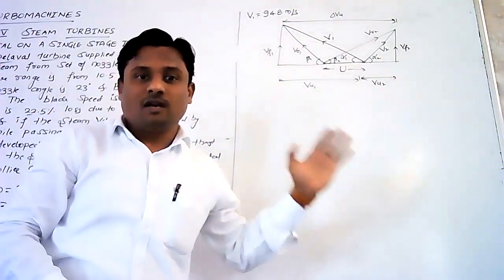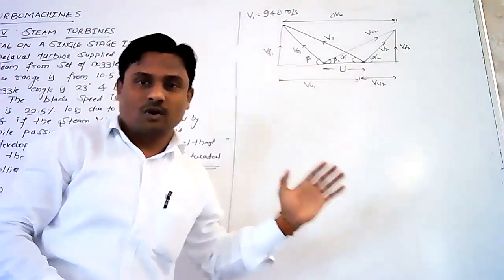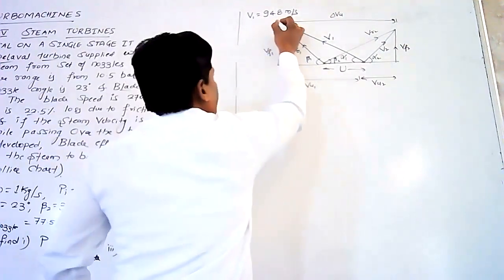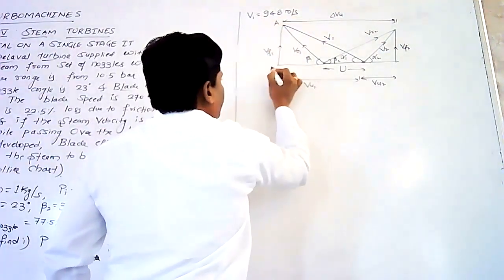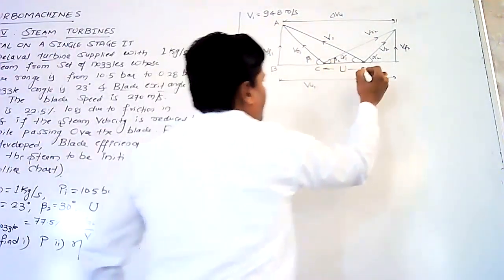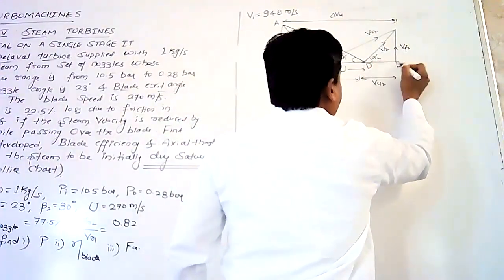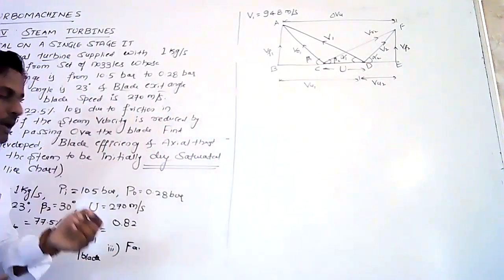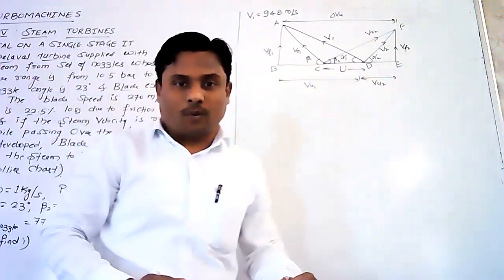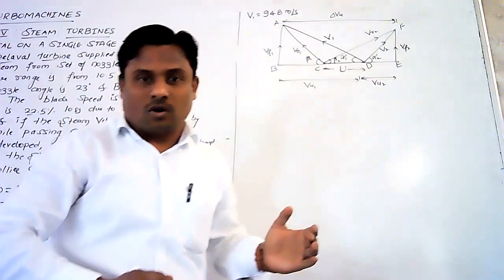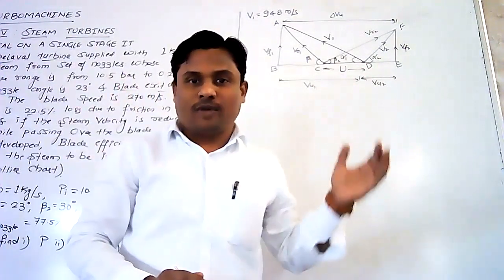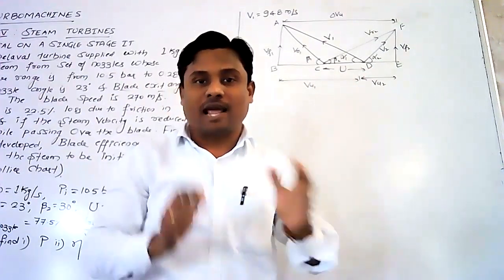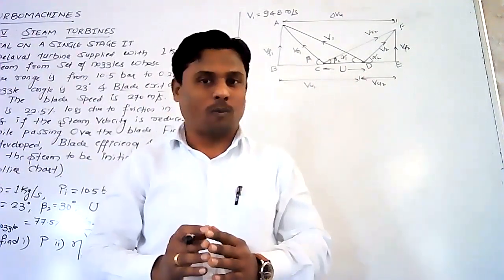Okay, so this is the reference or the rough sketch for the combined velocity triangle. A, B, C, D, E, and F. Now here we have to select the appropriate scale. The next part of the numerical is we have to sketch the same combined velocity triangle on graph paper according to the proper scale.